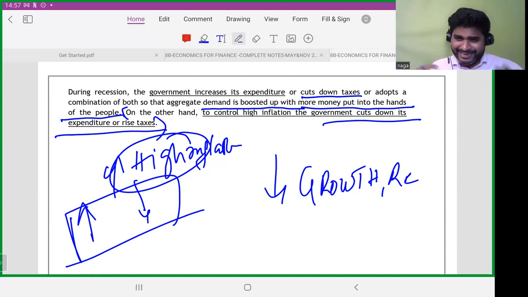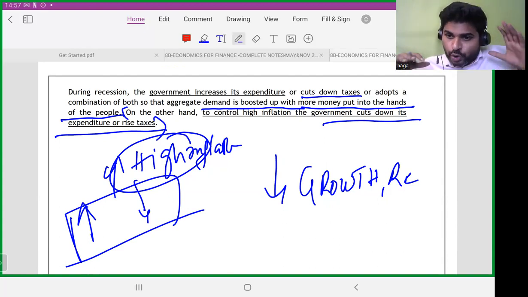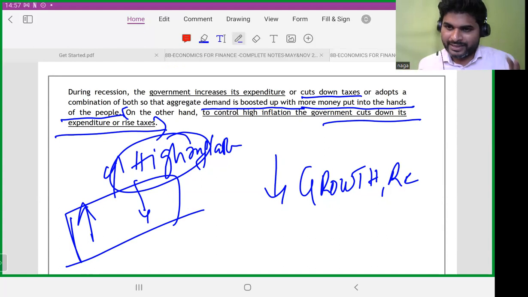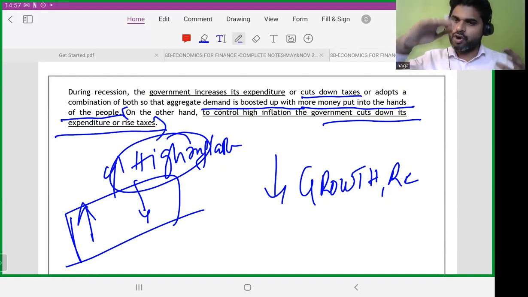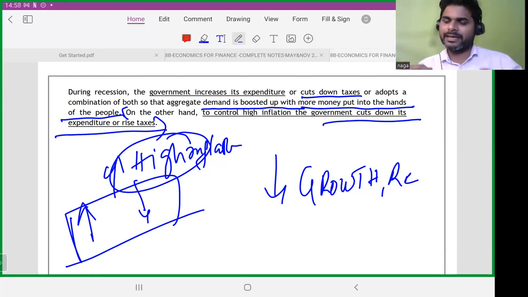We will discuss in detail as we move forward. This is your second class. Don't be confused if you are not able to get it. You will understand as you move forward, and you will be able to connect the dots. What is monetary policy, what is fiscal policy, and how the government increasing tax rates would reduce the money supply in the economy. All of it you will understand slowly.